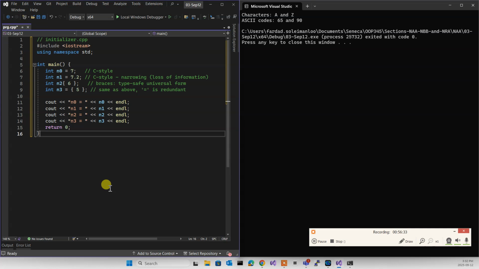Now, you see line number 6 and 7 and 9, none of them are needed. Just put a curly bracket in front of whatever and put the value in it. It's universal. It will set it up. It does not make any difference what you have. And it's a type-safe thing.